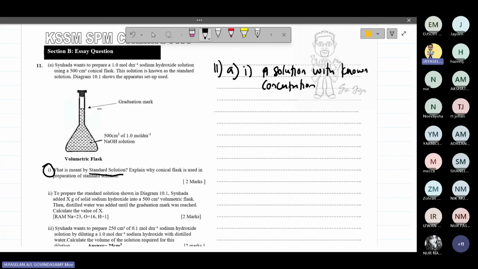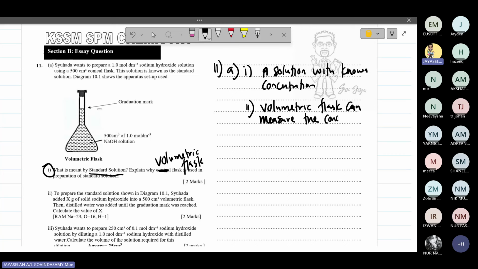A solution with known concentration. Very simple definition. Why do they use a volumetric flask to measure the standard solution? Sorry, this is wrong. So which school is this? Why volumetric flask? Change to volumetric flask. Why volumetric flask is used to measure this standard solution. So you put here: volumetric flask can measure